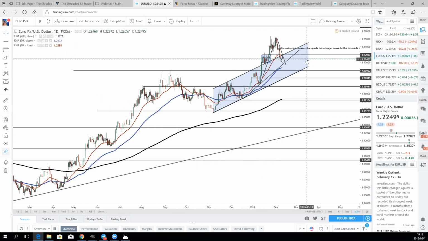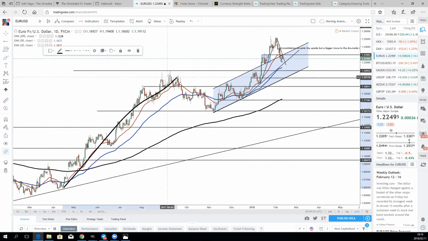we broke out of this channel, right? We had a huge move to the upside. We had our pullback over here, move to the upside, pullback, and then back up, all right? What we have seen here now on the 4 hour is